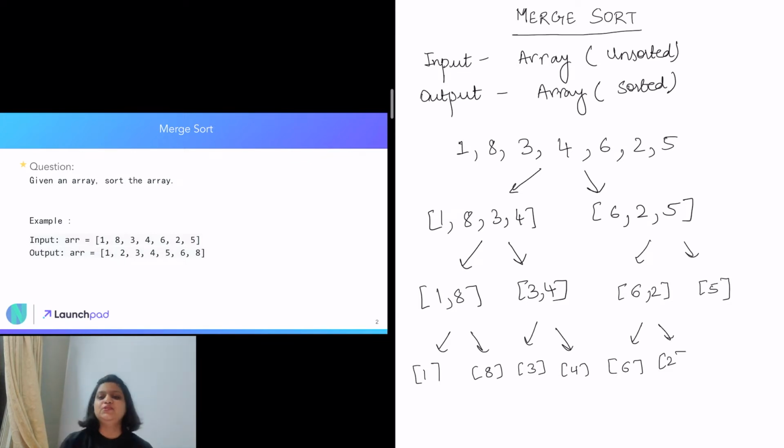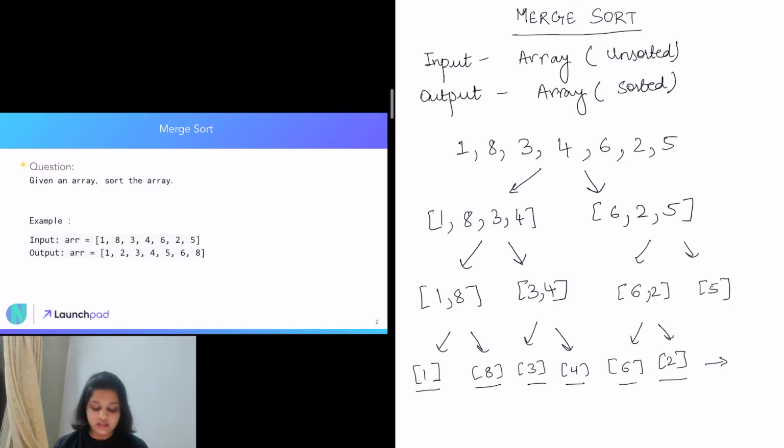At this point, when there is only one element, we know an array of one element is always sorted, because there is no bigger or smaller element there. So the leaf level is always sorted.